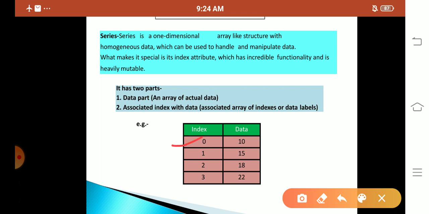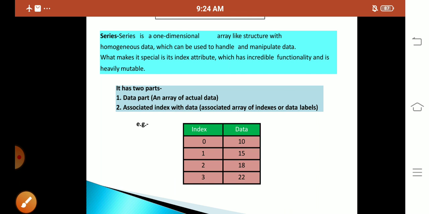The first data will be stored in which index? 0 index. Next, 15, like data 15, will be stored in your first index. Next, 18 is stored in your second index. Next, 22 is stored in your third index. So remember, the index starts from which? 0 index.